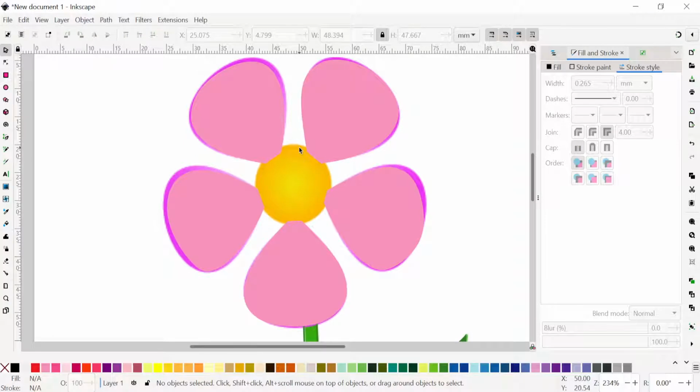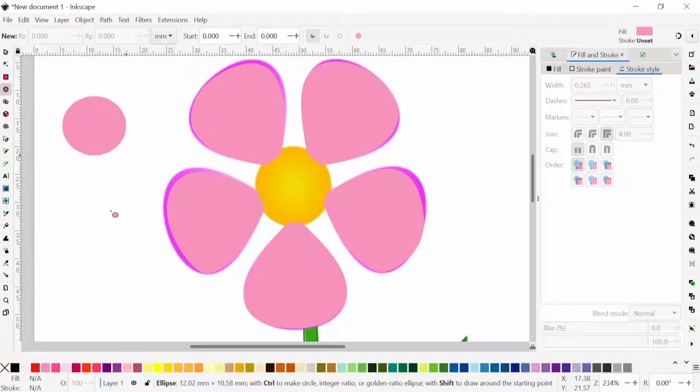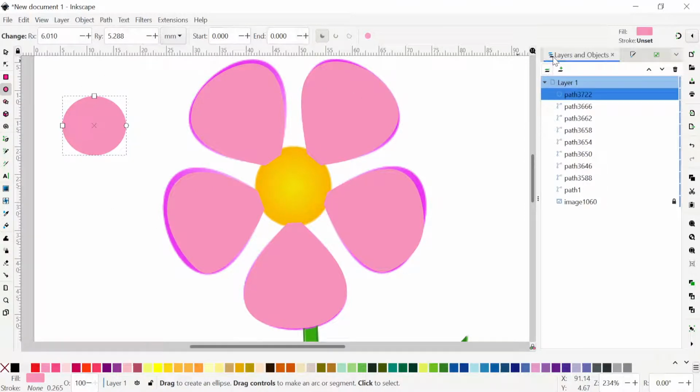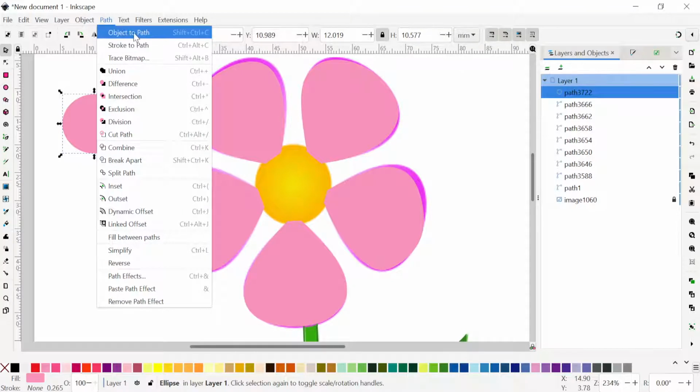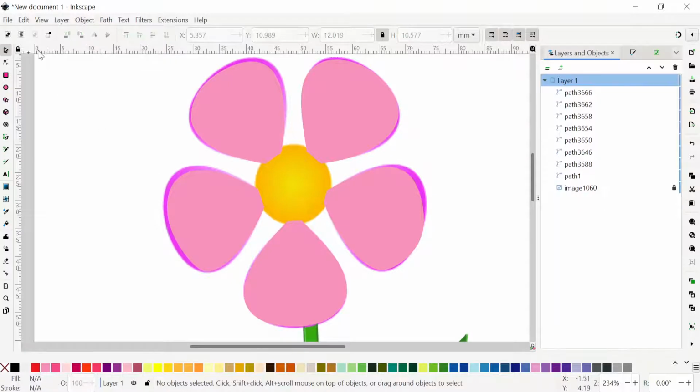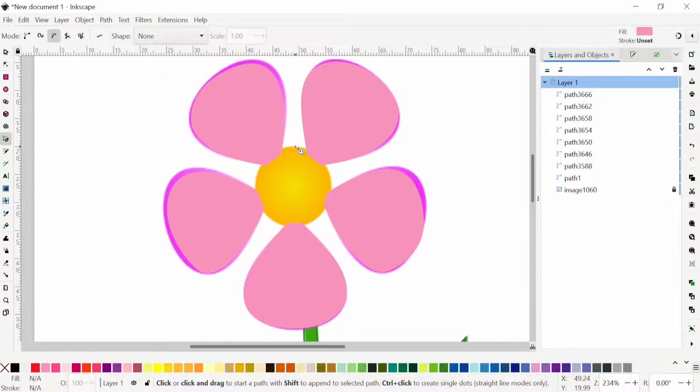yellow. To do the yellow part, and again I don't want to spend time, you can go ahead and fix this border. But here we draw a circle and then convert it to path. Remember, whatever we are doing, we have to make it a path. If I draw a circle, it's going to be an object. So you have to select it and then go to Object to Path, and convert it to the path. So I can do the circle like that, or I can just simply use the Bezier tool and